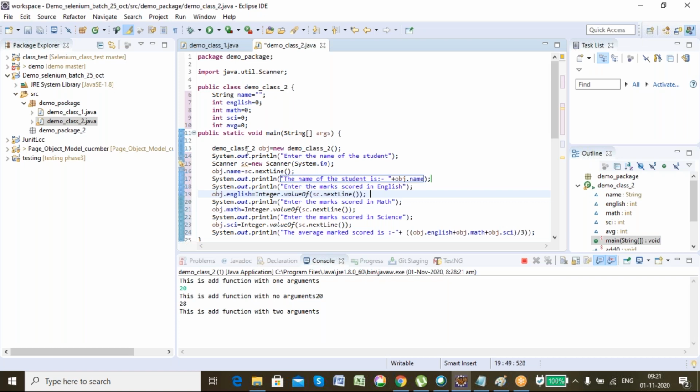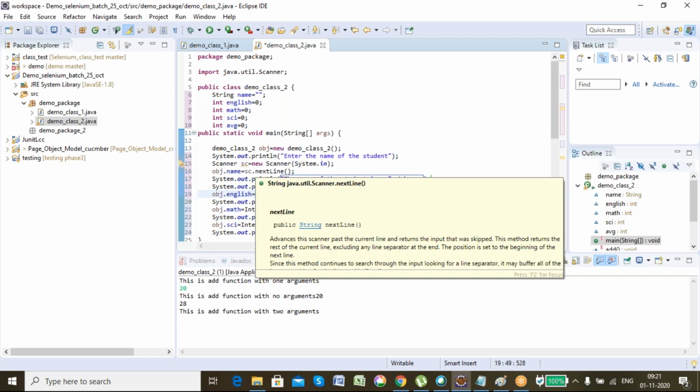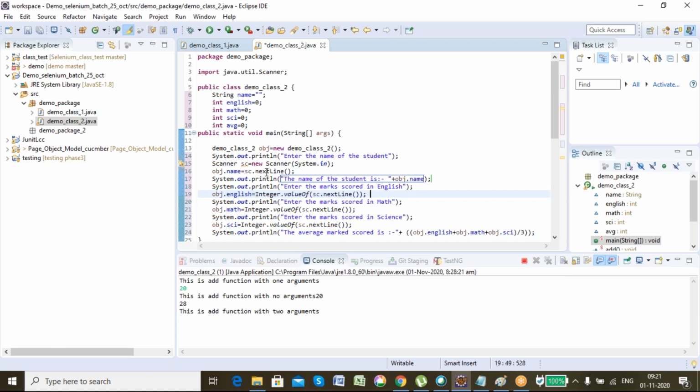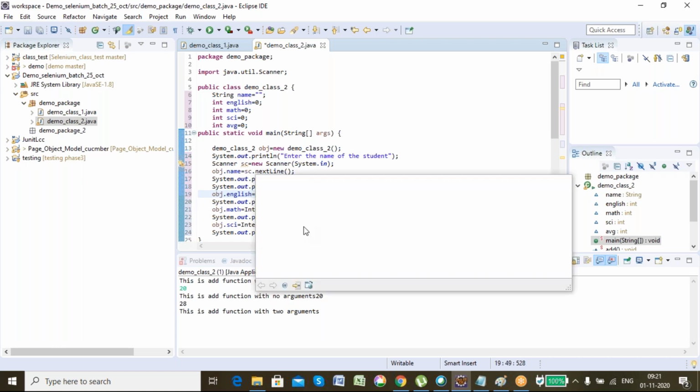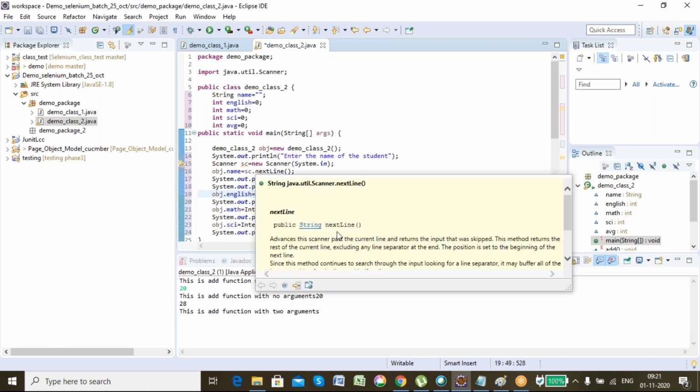Anytime you want to understand what a function is returning, you can just hover over that function. When I hover over nextLine, you'll see public String nextLine, which means the return type is String. It will always return me a string value.